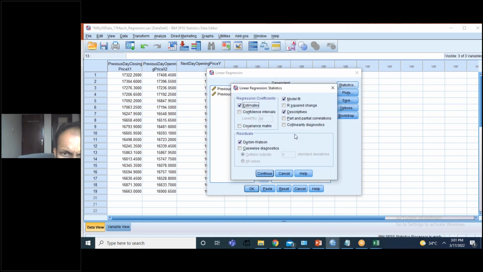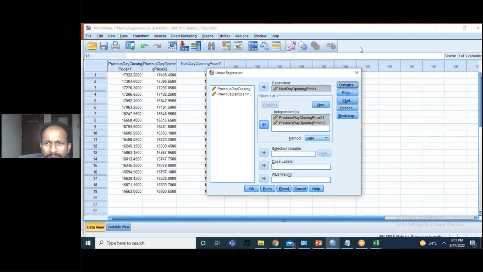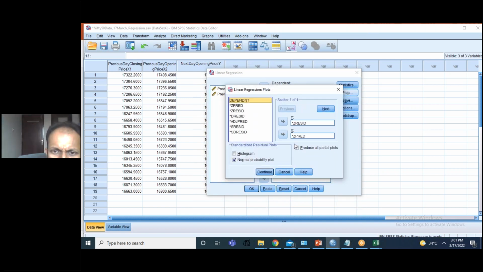In statistics, we are choosing descriptives and Durbin-Watson. In plots, we are choosing